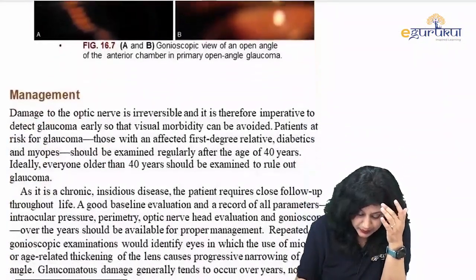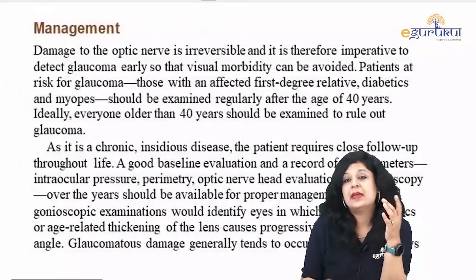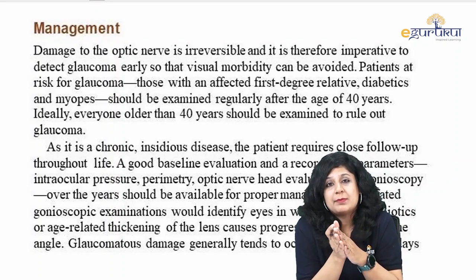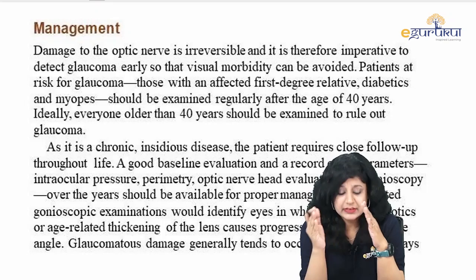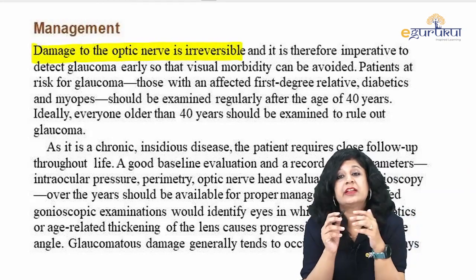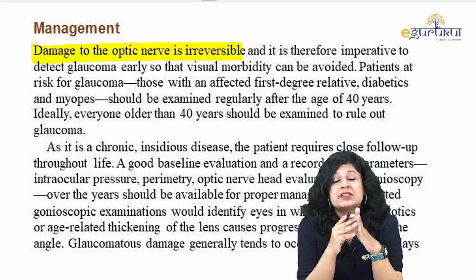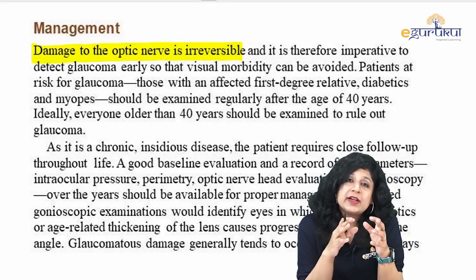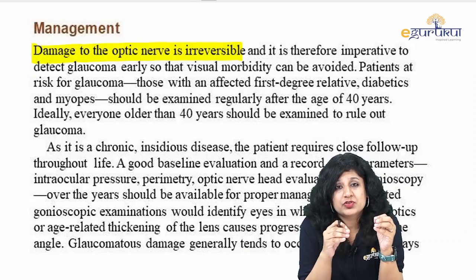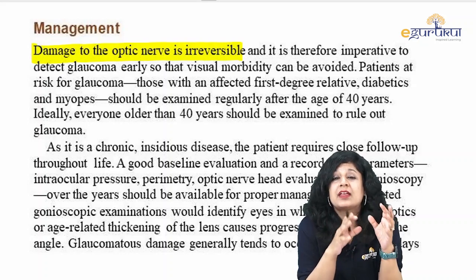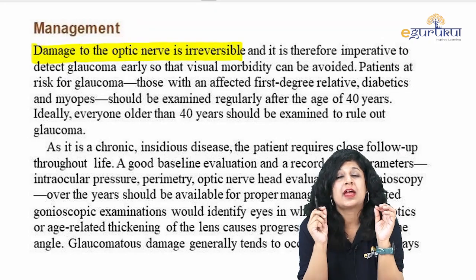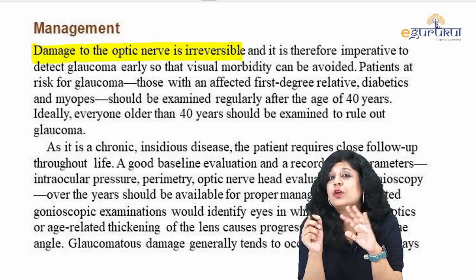All right. Now after you have done all these things and made the diagnosis, we will come to the management part. The damage to the optic nerve is irreversible. I think this is the most important aspect of this disease. Though it is less common than cataract, it is more severe, because every part of the vision lost due to cataract can come back. But even 1% of visual acuity affected by glaucoma will not come back.